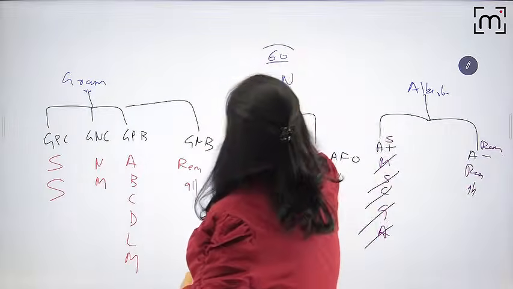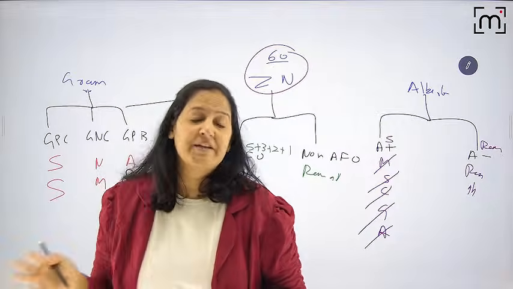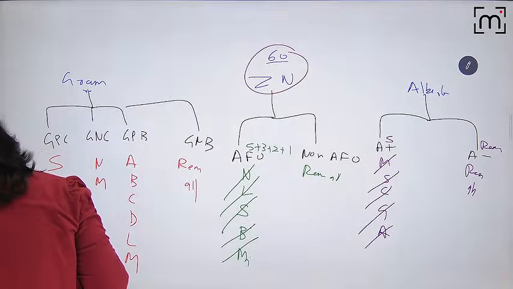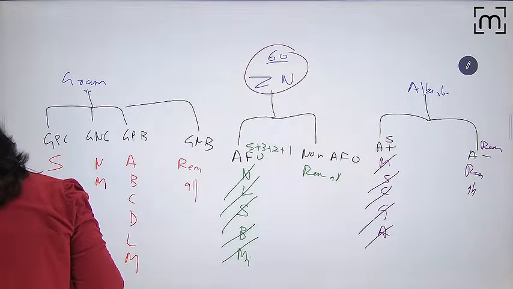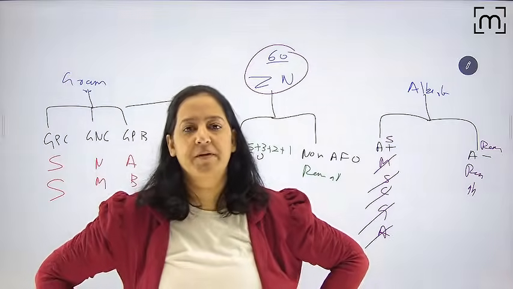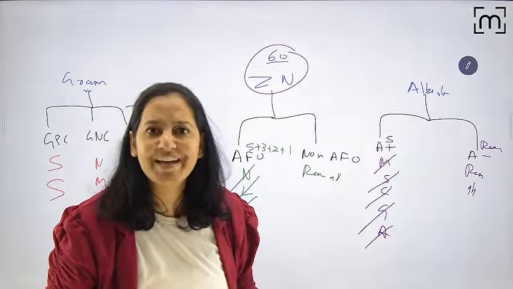So people, the bacteria are same. We are classifying them using different systems. Suppose I am asking you a question. What is my question, by the way? My question is Mycobacterium tuberculosis. Where is it lying based on Gram stain? Where is it lying based on Ziehl-Neelsen stain? Where is it lying based on Albert stain?